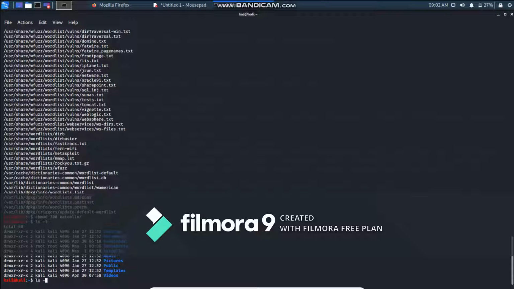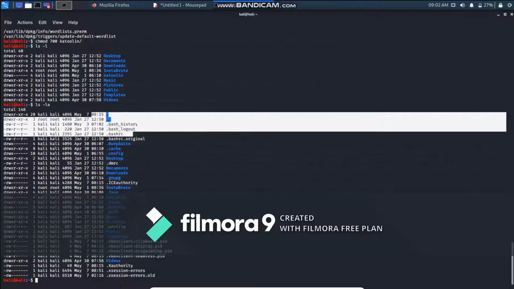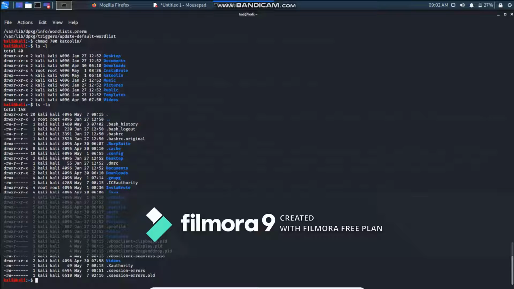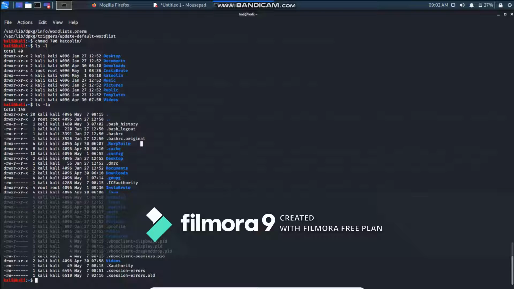And ls -la will describe all the folders, hidden too. So we can see this is the bash history, this is the bash logout, this is the bash rc. So we can see many of the files. So let's do with